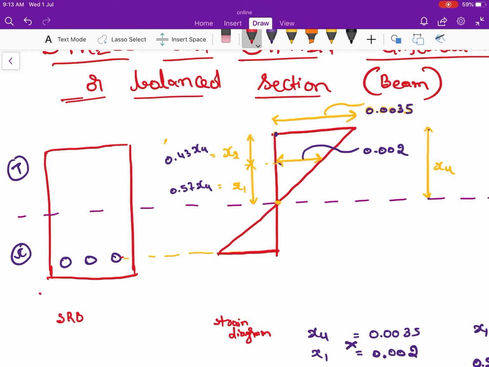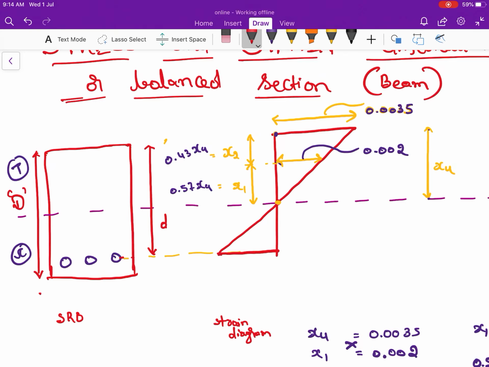Coming into the compression zone, see, at the compression zone, the maximum compression you can see at the reinforcement, at the portion of the reinforcement. Let me take this as effective depth. Up to here, it is effective depth. The overall depth of the beam is from here to here. But from the topmost to the reinforcement, we have to take it as small d, which is nothing but the effective depth. Don't get confused between these two things. One is the capital D, which is the overall depth, and small d represents the effective depth.